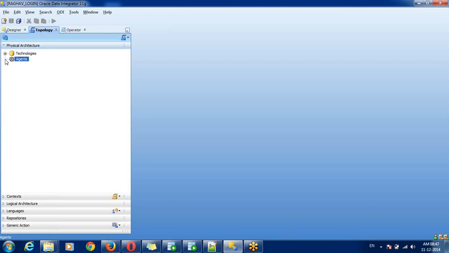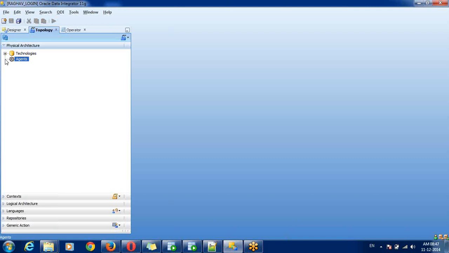ODI Studio is your client, and the target and source servers are different servers. All the client to servers interaction is taken care of by your agent.